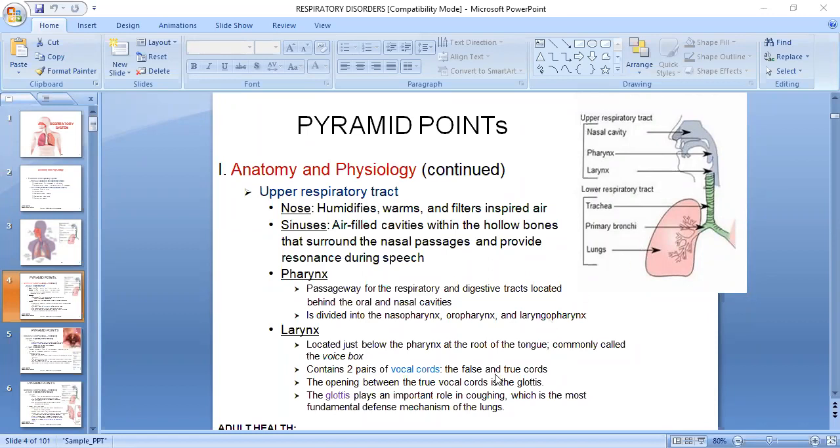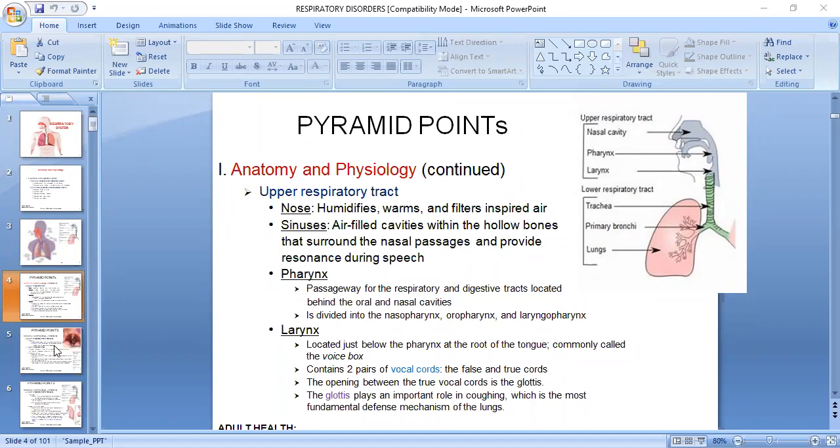The opening between the true vocal cords is the glottis, right? Glottis. So the glottis plays an important role in coughing, which is the most fundamental defense mechanism of the lungs. You know, when any food enters the respiratory system, we cough, which means your body tries to protect food particles from going into the respiratory system. So coughing is a protective mechanism. So your body is fighting,